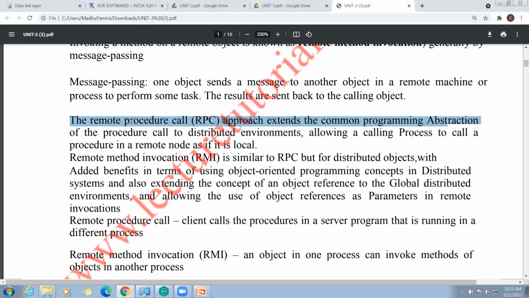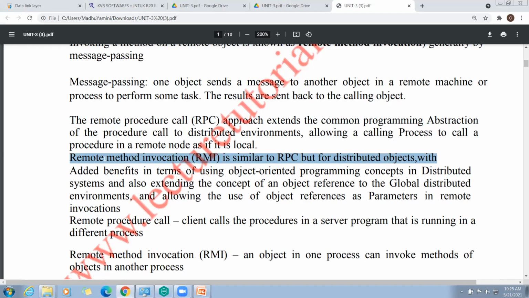Next, remote method invocation. This is very similar to RPC. Remote method invocation is very similar to remote procedure call, but for distributed objects. Some differences between RMI and RPC are in terms of using the object-oriented programming concept.